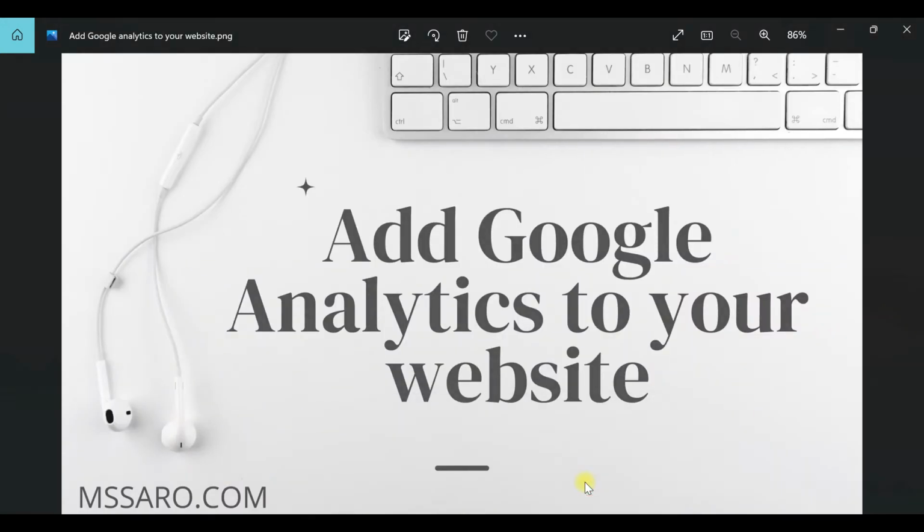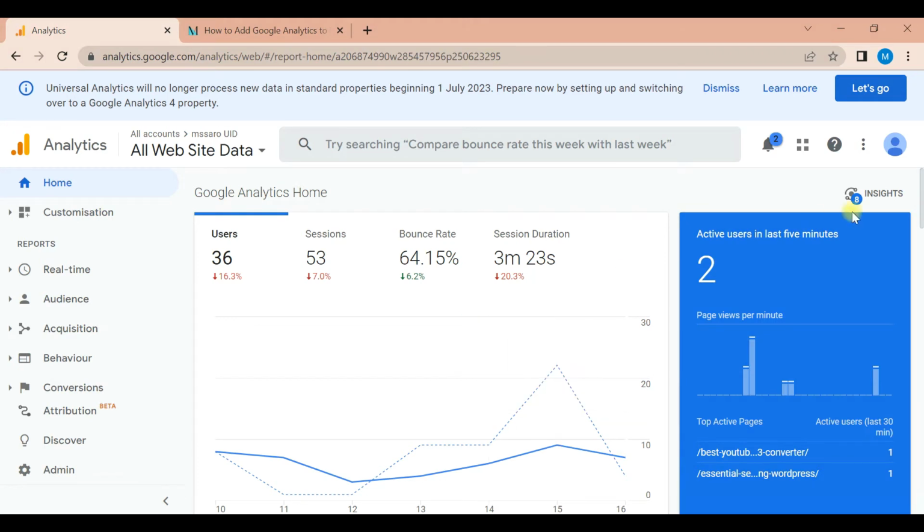that is add Google Analytics to your WordPress. So what is Google Analytics? Google Analytics is a tool which is provided by Google. It is free, and with the help of Google Analytics we can analyze the data. Let me show my Google Analytics account. This is my Google Analytics account. In this, what we can see,